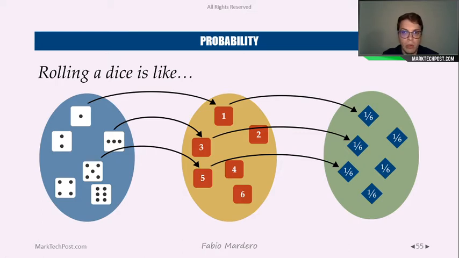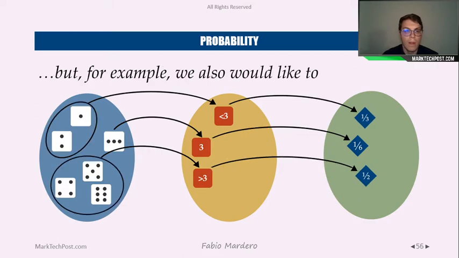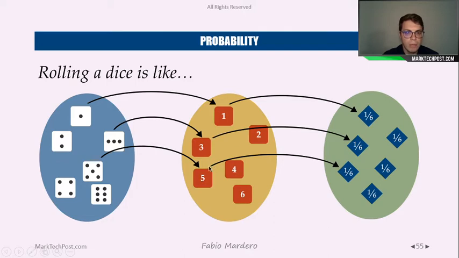We are able to count and to assign to each of these red numbers what their probability is. So in particular, in the previous slide here, we are taking one face of a dice and assign it to